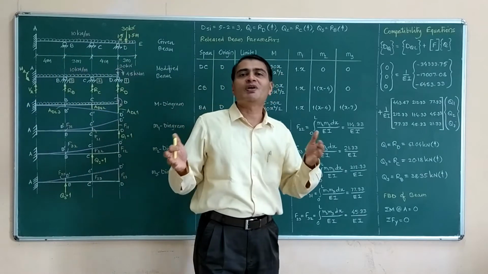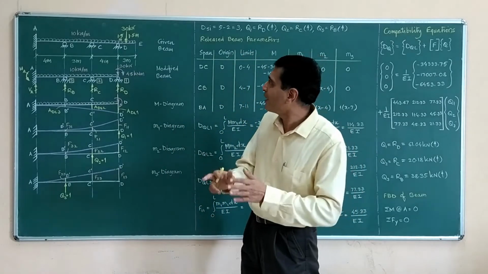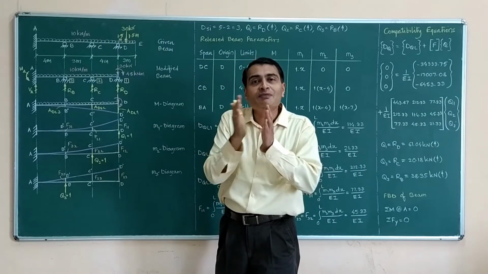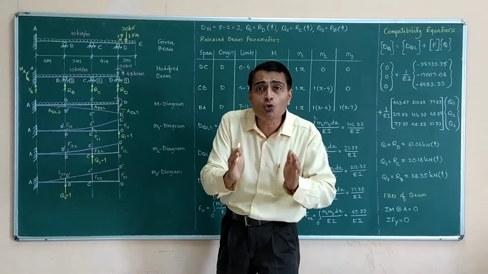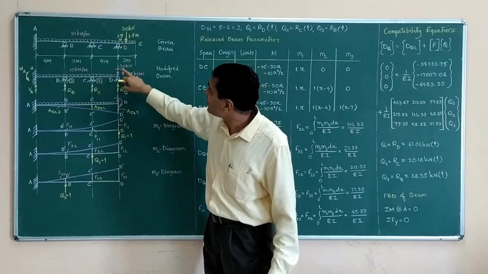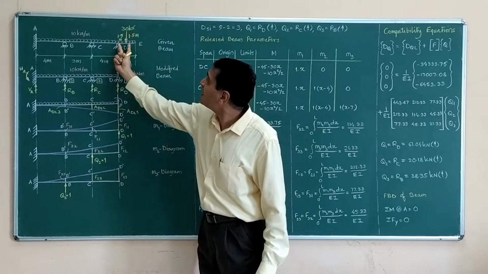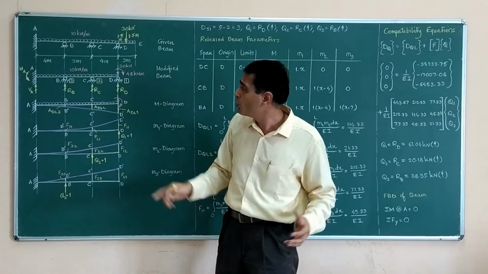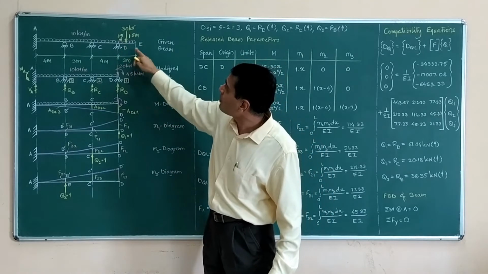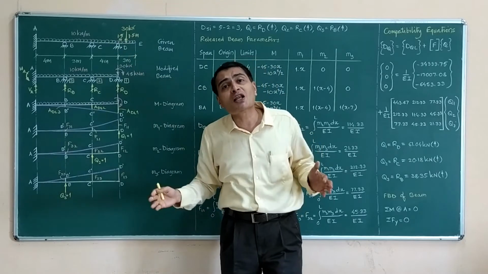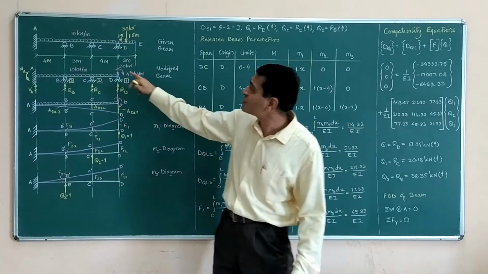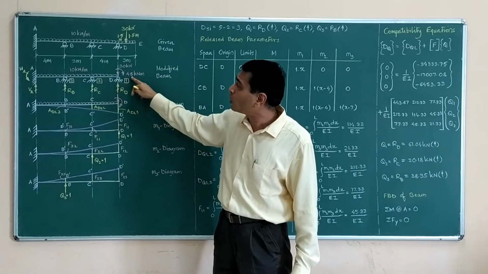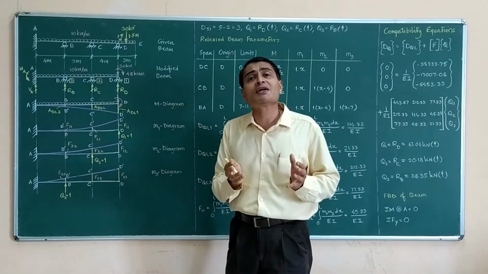Span is 3 meters, mid span will be 1.5 meters, and now this point load I will shift to D point, I will change its line of action. When I do so, it will get shifted as 30 kilonewton load and 30 into 1.5. 30 multiplied by 1.5, that is 45 kilonewton meter. So the equivalent of this overhanging UDL portion eventually becomes a point load of 30 kilonewton acting at point D and a clockwise couple moment of 45 kilonewton meter.